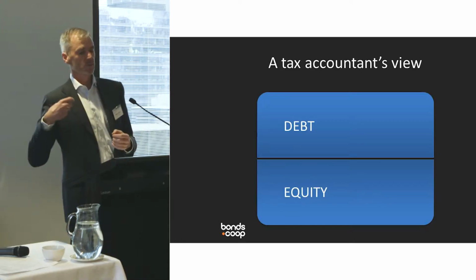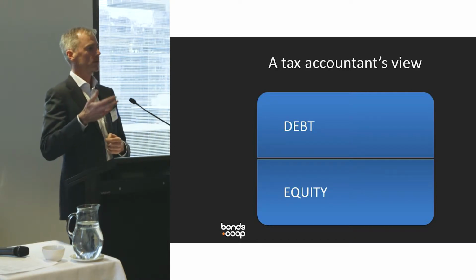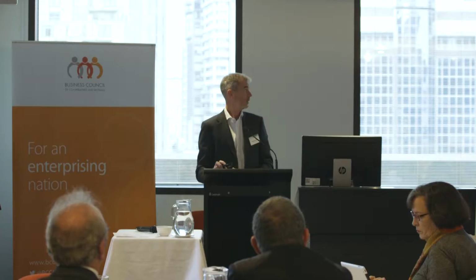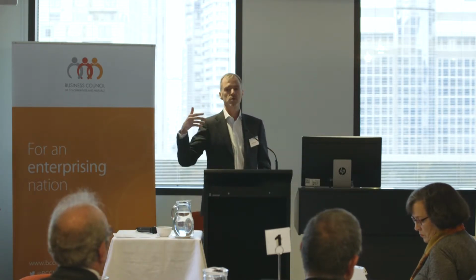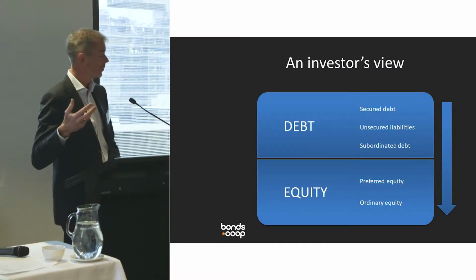Some folks see the world in a very simple manner. The tax office, for example, when they look at a capital structure, they see debt and they see equity. On debt you can pay deductible interest, and on equity you can pay franked dividends. But for an investor, the world looks a little bit more nuanced. An investor sees a capital structure through the lens of risk-reward. And if you think about it in terms of what happens in the event of a wind-up,